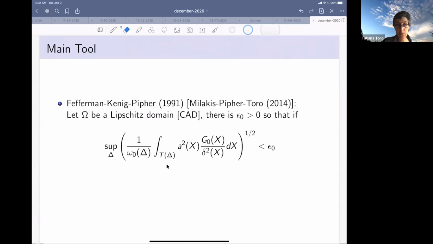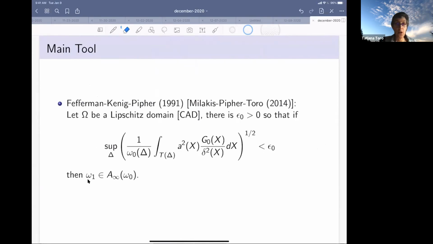So let me explain what this funny looking thing is. A squared is the deviation. G0 is the Green's function with respect to the operator L0. And now I'm dividing by delta squared. I did not make a mistake, there's a square. So I integrate that on the tent, on the solid ball inside, and I divide by 1 over omega 0 of delta. The tool is, if this is uniformly small,